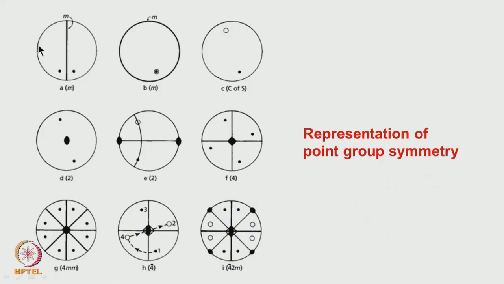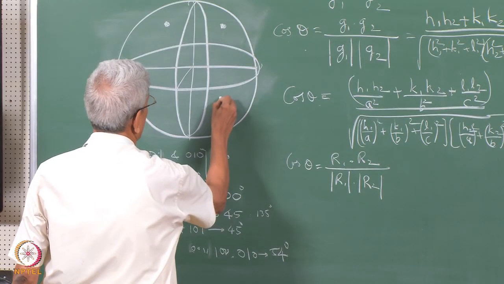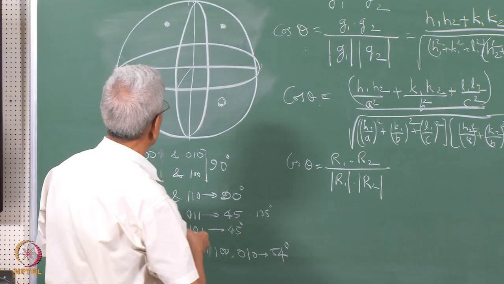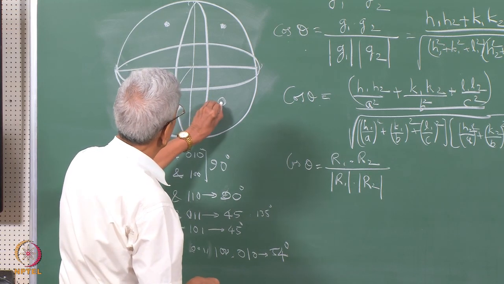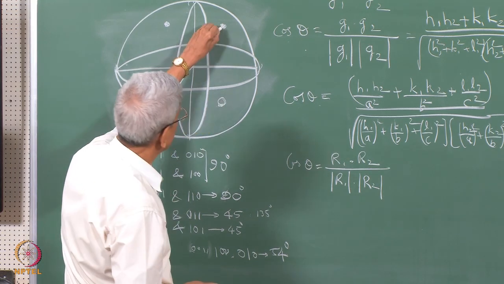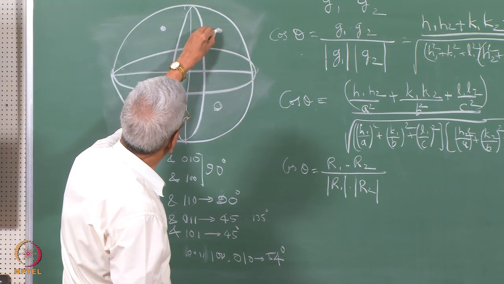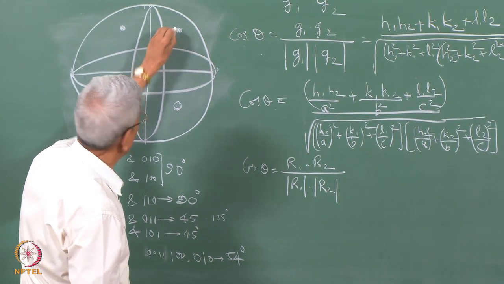This is the primitive circle and this is a pole, and the mirror plane is passing through this axis, x axis, and then this gets reflected and it comes. Suppose you assume that this is the mirror plane, equatorial plane, then this point will be reflected and it will be coming somewhere here at the bottom one. But you know that the pole on the bottom one will not be represented on the stereogram generally.